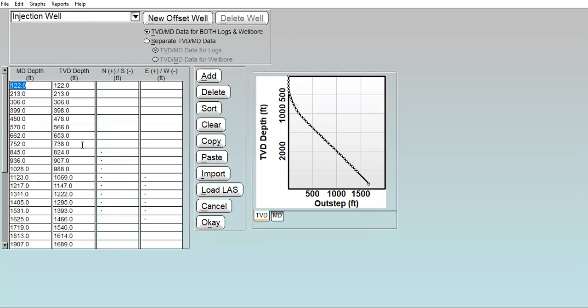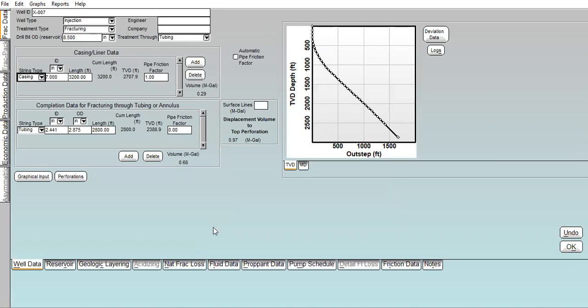Exactly the same with previous table. Okay, you can show the TVD or the MD. All right. You can of course input and modify manually if you want. All right, and then click OK. Okay, so